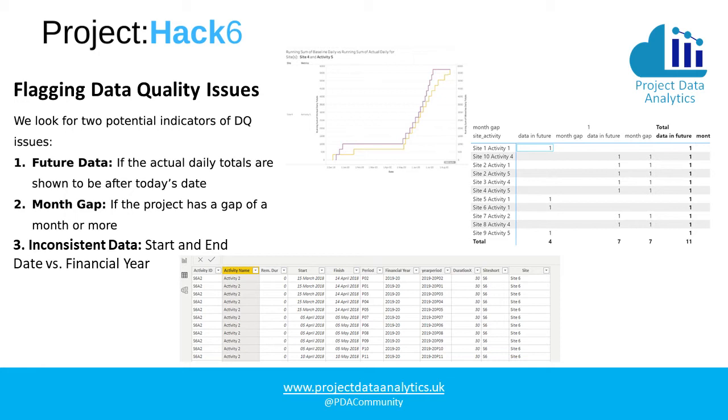In this particular panel over here, we're looking at a certain type of data quality problem that has to do with days that are recorded in the logs, but they're in the future. So it appears that activities that could not possibly have yet occurred have been recorded as having already passed. We have the month gaps that were referred to over here. The good thing about having a visual report is that you're able to say exactly where the data problems are. So we can say, these are things that you can go back and look at, Site 2 Activity 5, and find out where the problem was with that data. You can drill down into the actual tables of data that were recorded, and you can see either that false data was recorded or there's data missing.